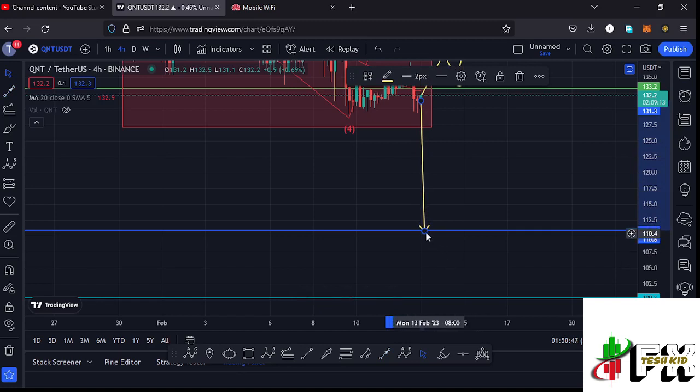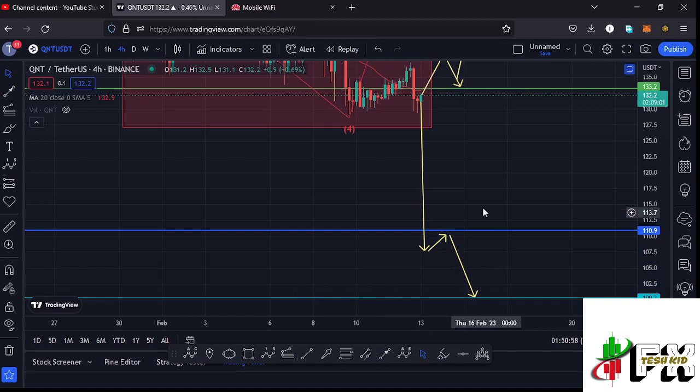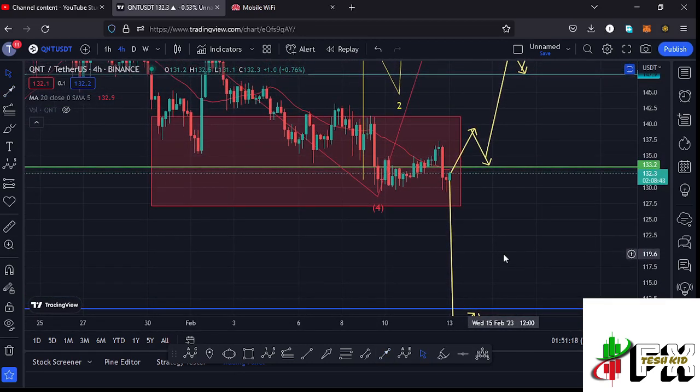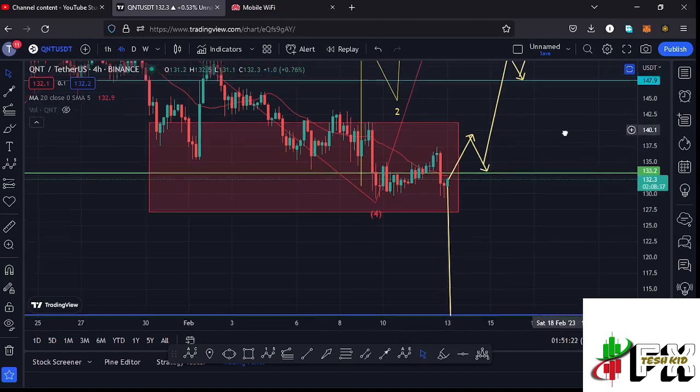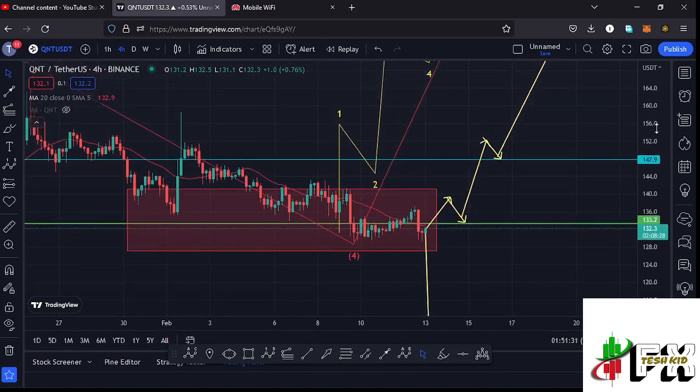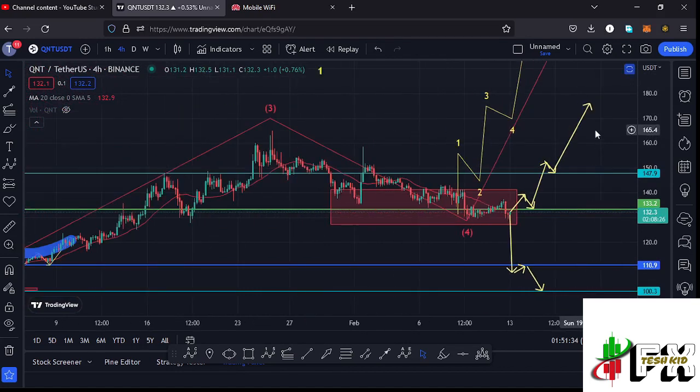And in case we lose this key area of support also, then we can expect a retest of that key area of support before we continue pushing even lower to our next key area of support at around the $100.3 mark. That is the worst case scenario that we can expect here on the Quant chart. And in case such a move plays out, then that will be invalidating this Elliot structure that I have right here, and I hope that doesn't happen and we continue obeying the Elliot structures, continue breaking above these key areas of resistances, continue pushing even higher, and also fully maximize our target areas in the formation of that wave 5,